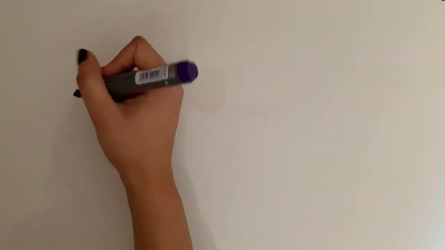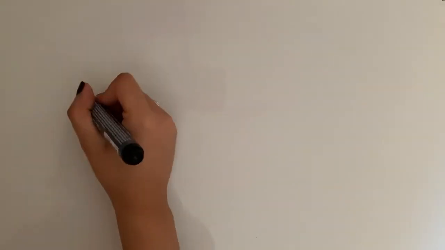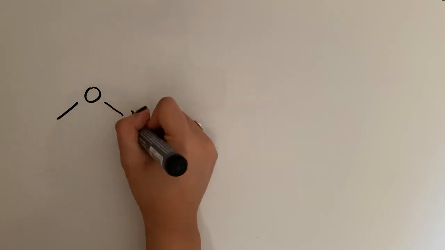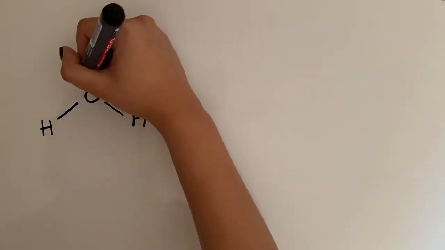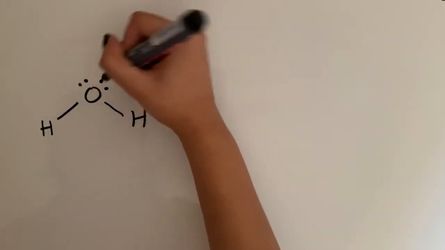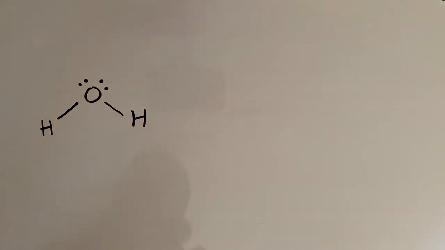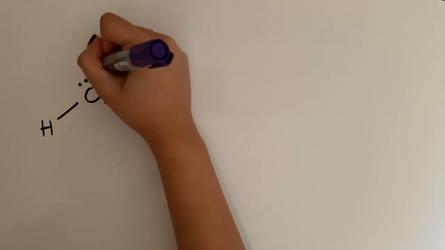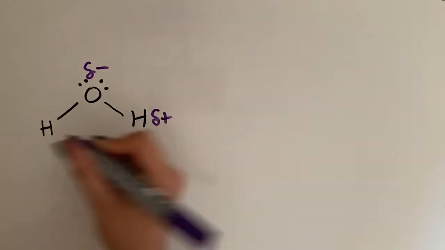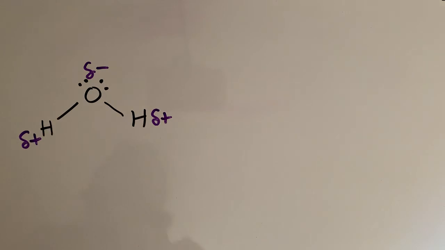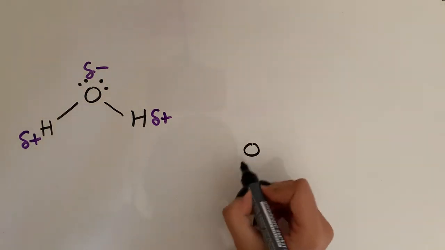And let's look at the main one, which is our water molecules. Okay, so water also has hydrogen bonds between them. As we know, the central oxygen has two lone pairs on it, and oxygen is more electronegative than hydrogen, so we have a dipole going across these molecules. So each hydrogen is a delta positive. If we're going to show a hydrogen bond with another water molecule,